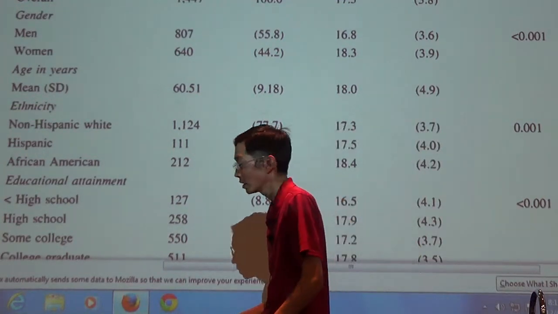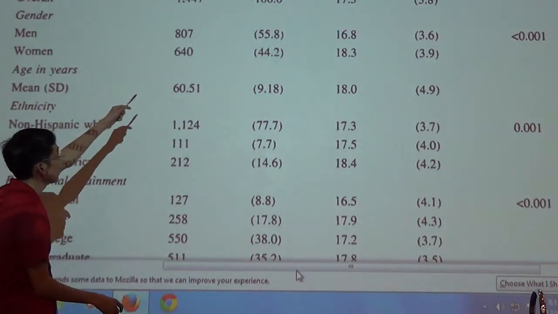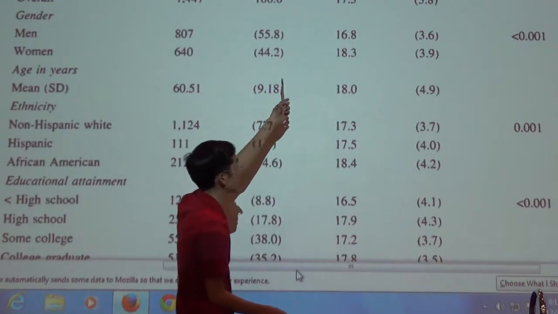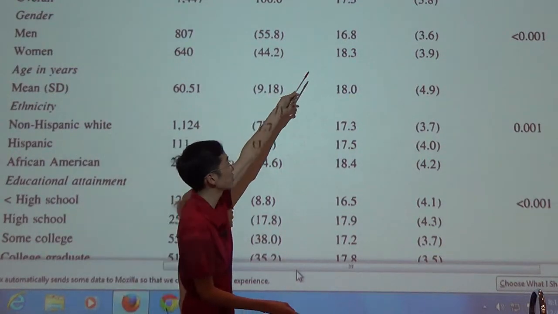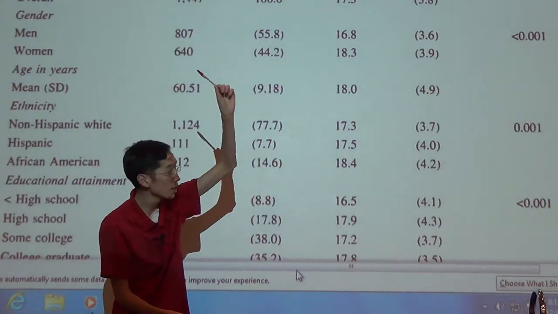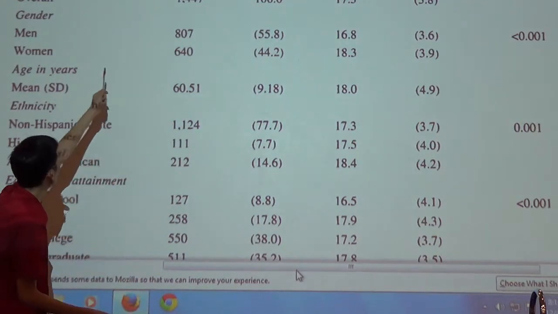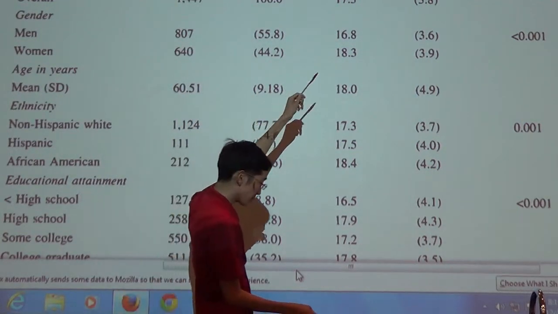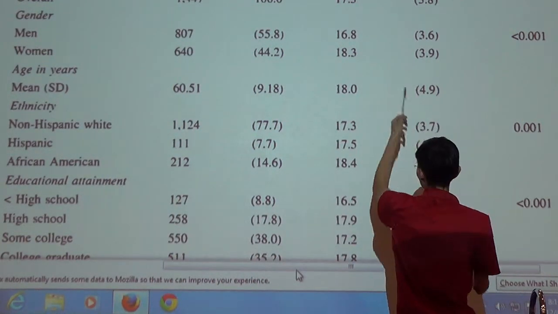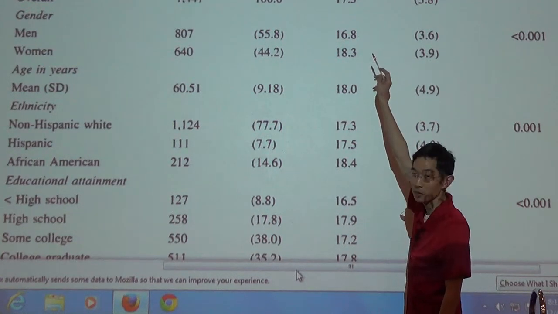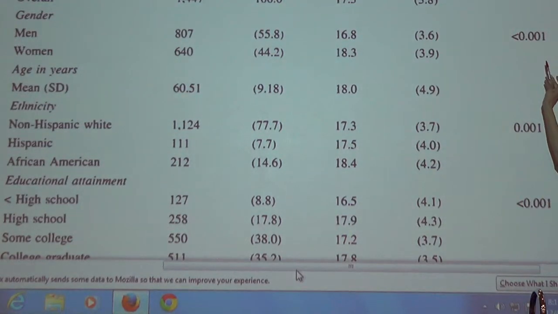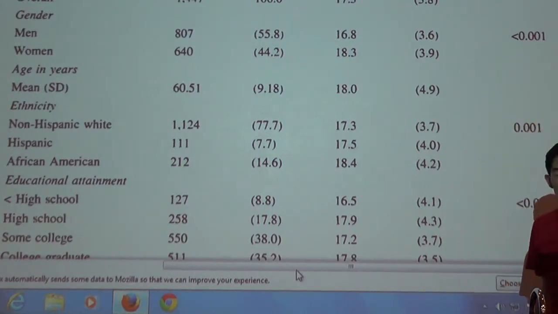Okay. And then we looked at the men, and we asked, when did you start smoking? The average age that the men started smoking was 16.8 years, and the average age that the women started smoking was 18.3 years. Okay. And you could do an ANOVA, but you could also just do a t-test, because there's only two groups. And if you did a t-test to see, is it possible that the means of the men and women were the same, you would get a p-value of less than 0.001. Okay? So every time you see a p-value, that is a test being carried out.